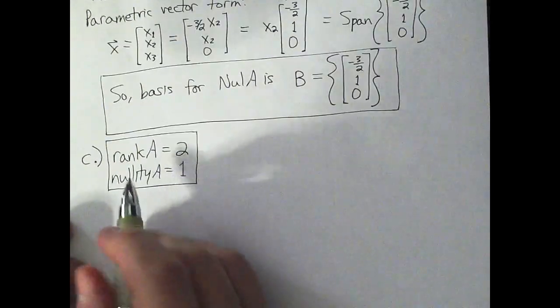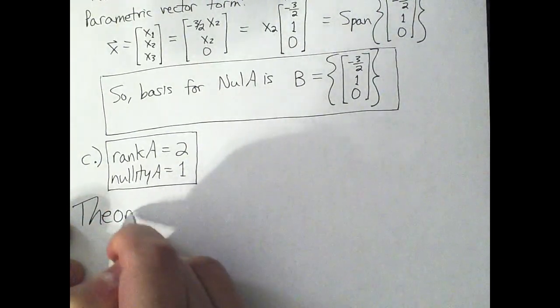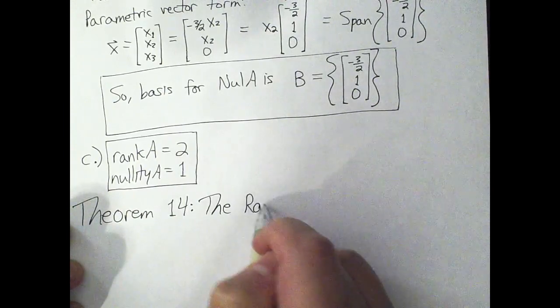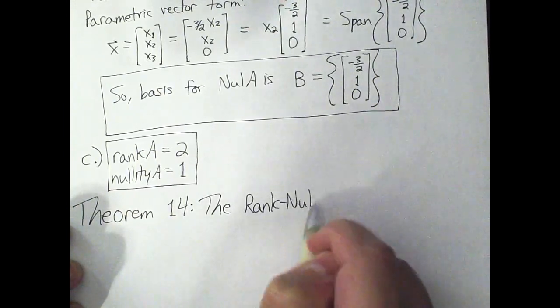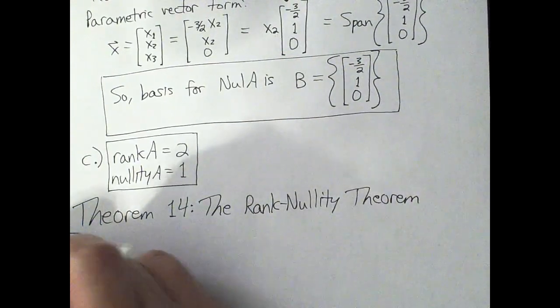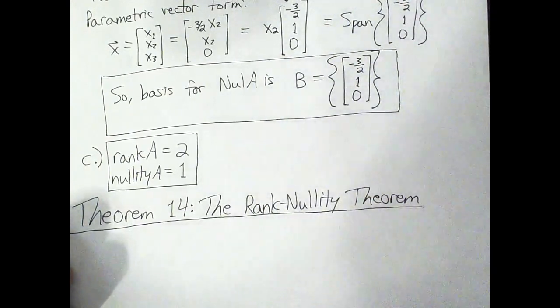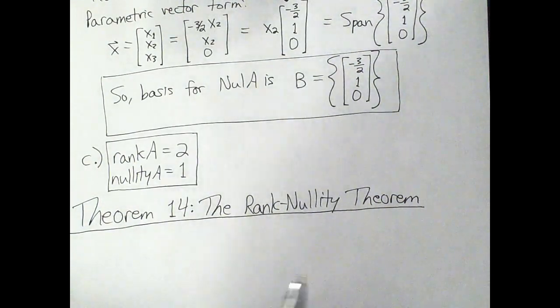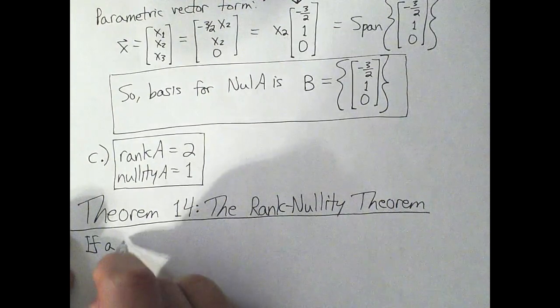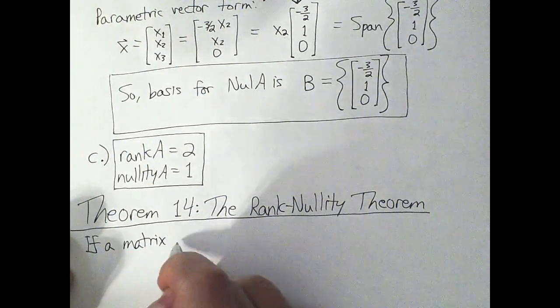We have a theorem that says this, and this is called Theorem 14, the rank nullity theorem. And in this class, we have a bunch of theorems. A lot of times we'll have like a theorem 13, theorem 12, but most of the theorems don't have names. When a theorem has a name, that usually means it's important. Okay? So the rank nullity theorem is important, and it's just one sentence, and it says, if a matrix A